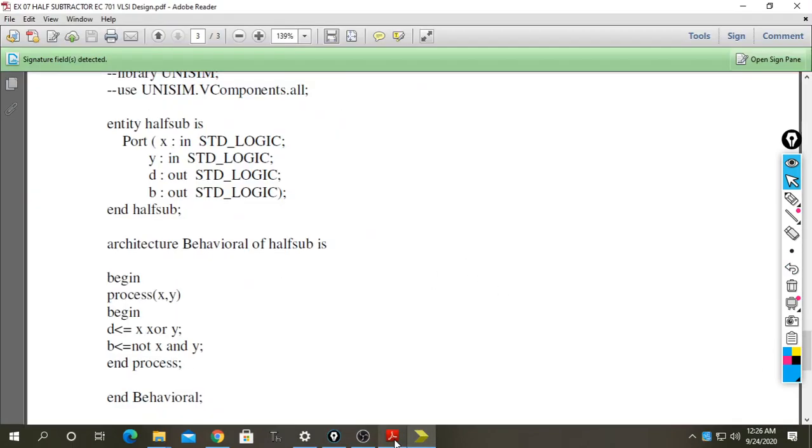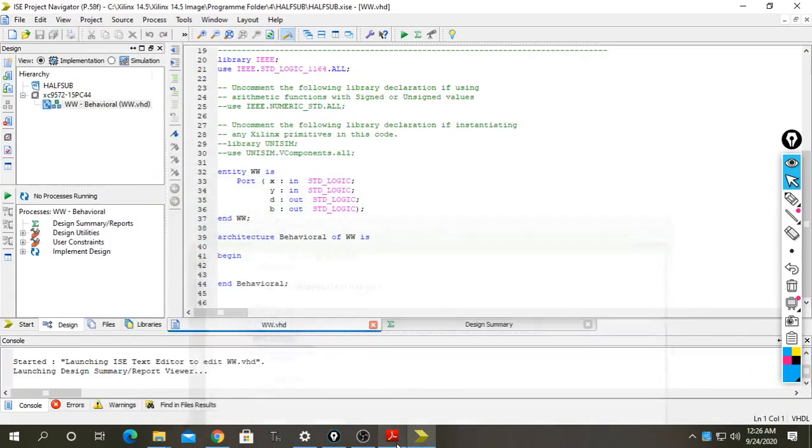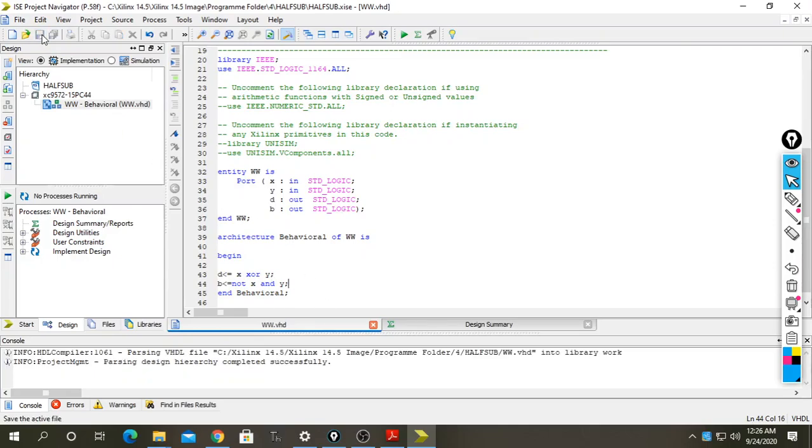Now I have to write the program here. I will just copy the program from here. So this is my program. After that I save the program and run the syntax check.